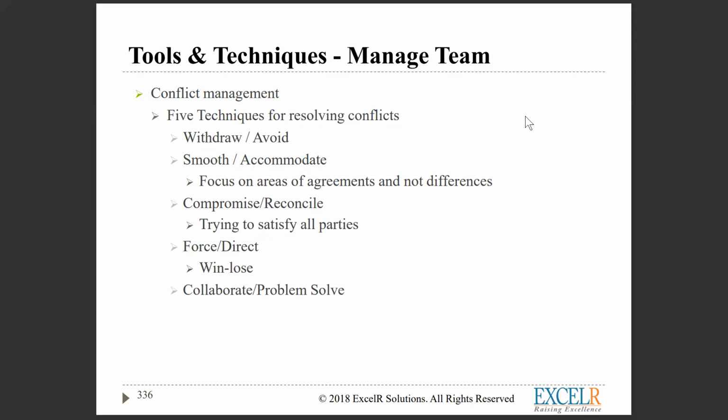All those same way, conflict management, 5 techniques: withdraw, avoid, smooth, accommodate, compromise, force, direct, collaboration. मेन कोलैबोरेशन होना चाहिए, अगर कोलैबोरेशन नहीं है तो नहीं होगा। और एक डाल दीजिए problem resolving, क्या प्रॉब्लम, कैसे प्रॉब्लम को रिजॉल्व किया, कोई भी एक किया।